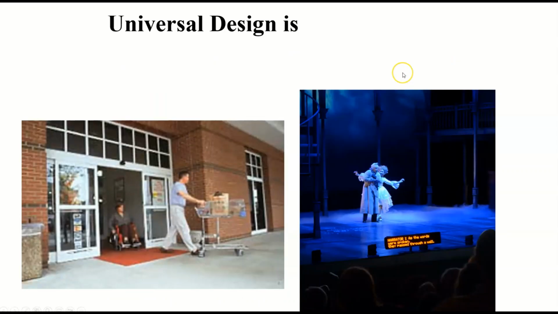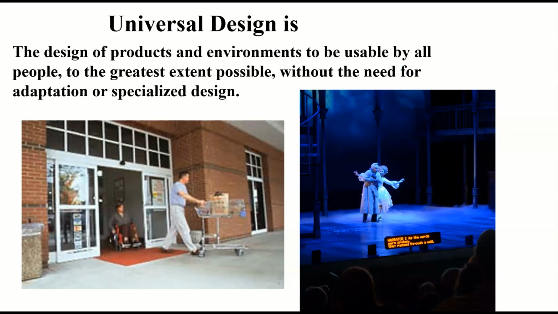So I've mentioned this word universal design. What do I mean by that? Well, it's the design of products and environments to be usable by all people to the greatest extent possible without the need for adaptation or specialist design. So what it means is basically when you're doing all this work to make sure your assignments as a teacher can be done by everyone equally, well, it helps everyone, even people who don't have a disability or who may